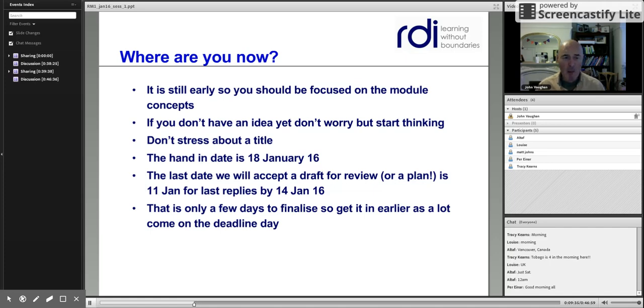But as you can see, we have a deadline which is the 11th of Jan, which is the week before the module. So there isn't a huge amount of time to make changes. So obviously, the earlier that you can get that in, the better. You can start to submit ideas now, and obviously the earlier the better. And in terms of the final draft, again, the earlier the better. I would say though that